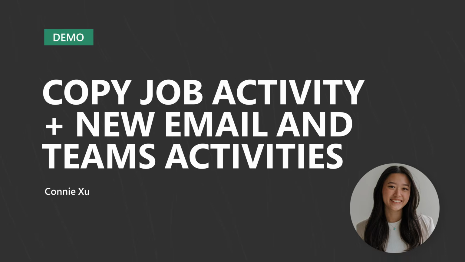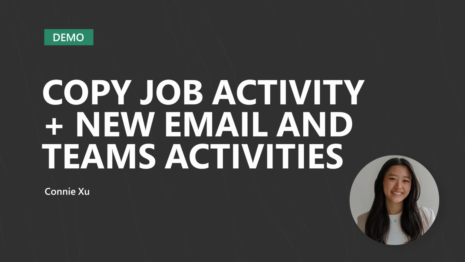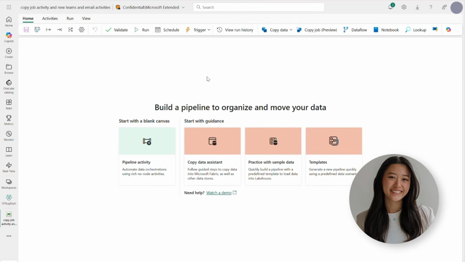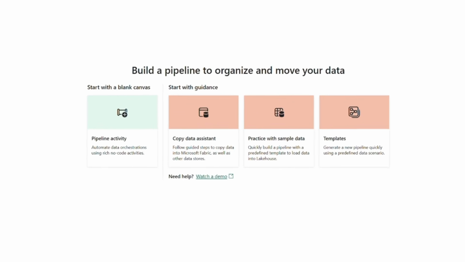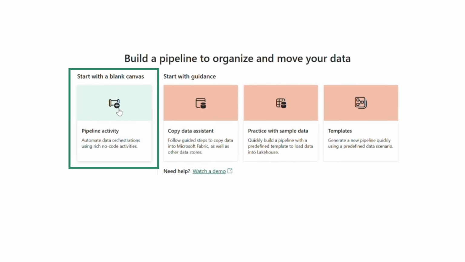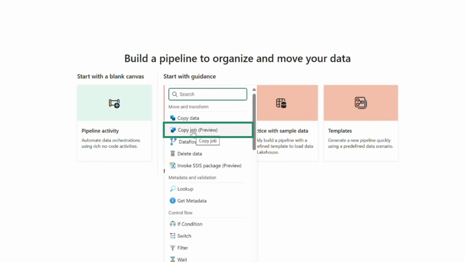Today, I'm going to be walking you through how to use the new copy job activity, which is now in public preview, and the newly updated Teams and email activities, which are now generally available in Microsoft Fabric pipelines. So here I've got a brand new pipeline, and I'm going to go ahead and add the copy job activity